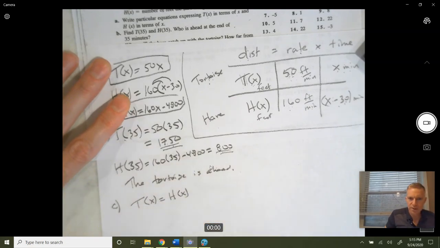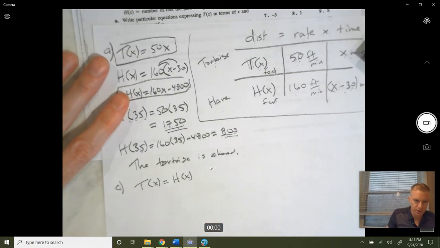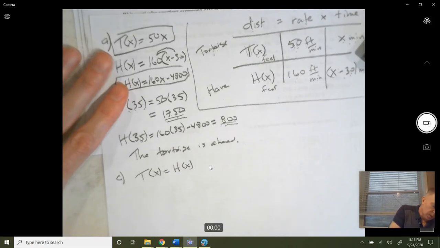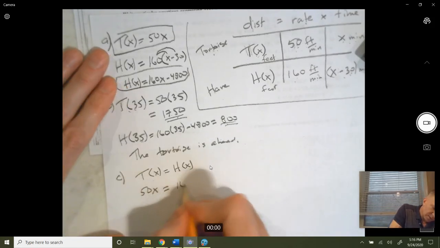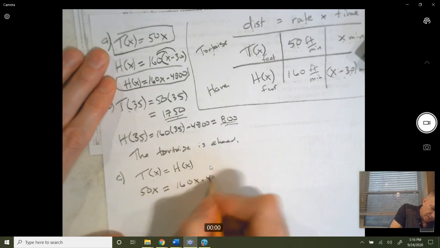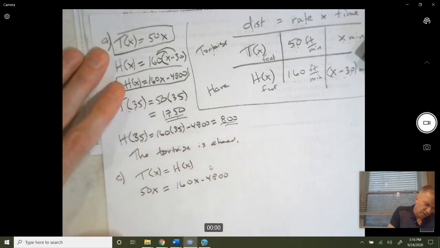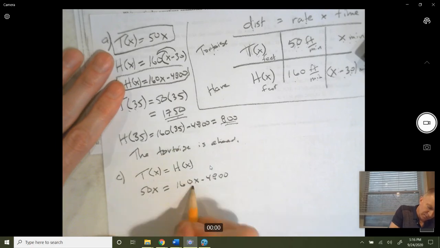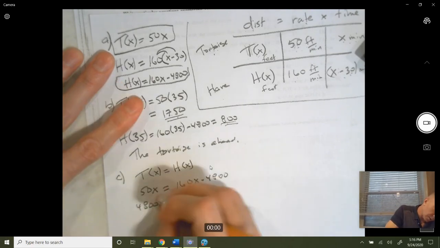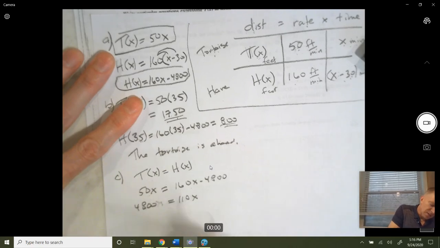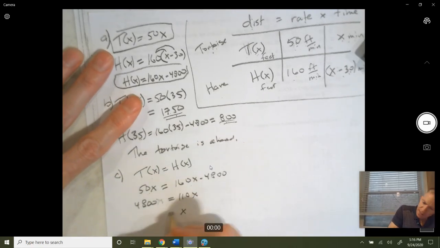Now you could graph this on your calculator. I'm not going to do that for this one. I'm just going to do it algebraically. So t of x was equal to 50x. H of x was equal to 160x minus 4800. Solving this equation, I'm going to subtract 50x from both sides, so I have 110x. I'm going to add 4800 to the other side. Sorry, 4800, there's no x there. Divide both sides by 110, and I would get